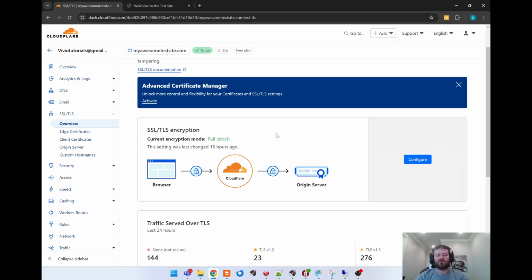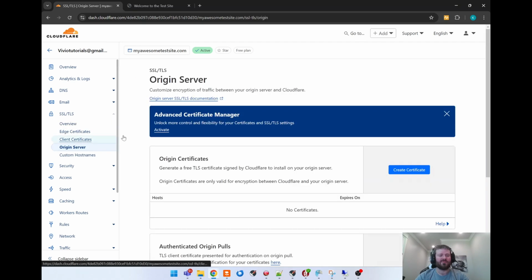You could also, in addition to the paid certificate and Let's Encrypt, use Cloudflare's Origin certificate. So you can come into the Origin server section there and then create a certificate here. Once you create the certificate using this create certificate button, it'll provide you a certificate that you can then download and then install on your server and configure for the HTTPS bindings for your website.